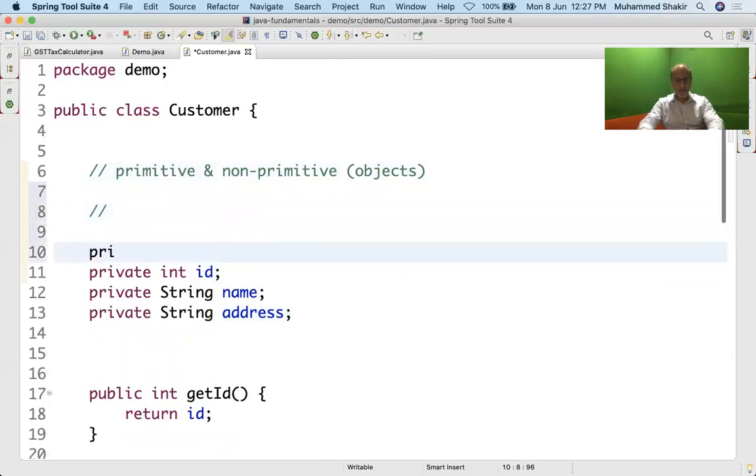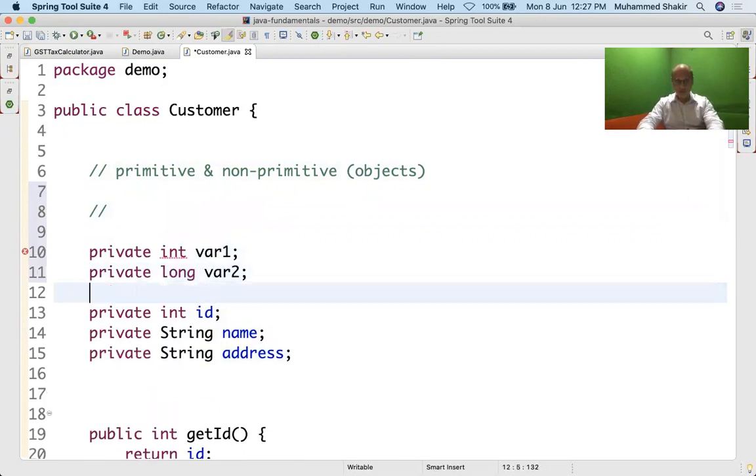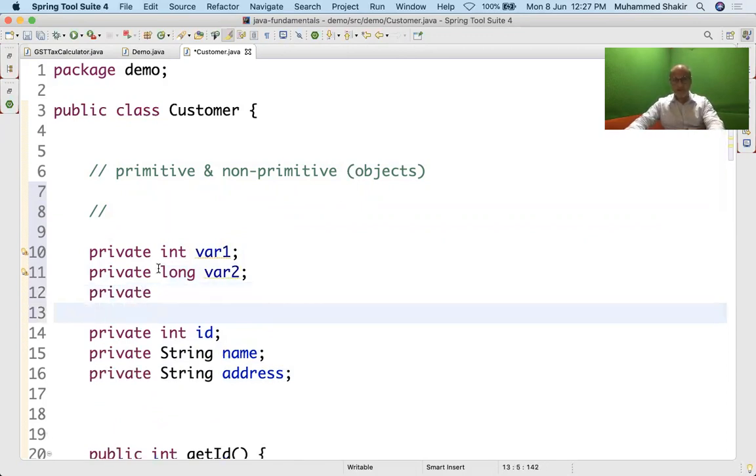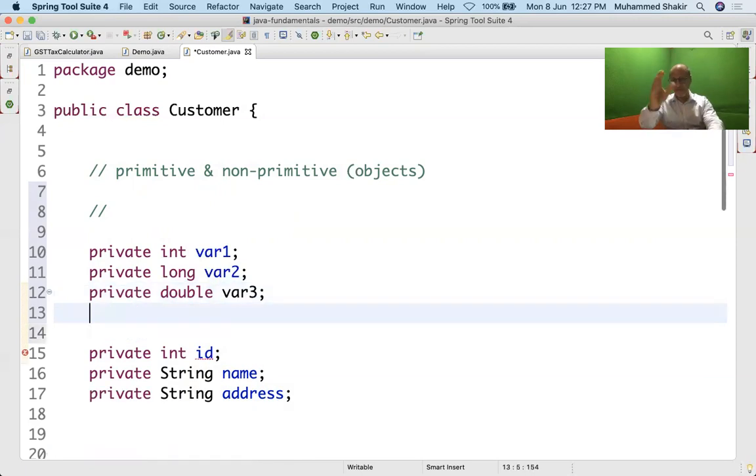I can have private int variable 1. I can say private long variable 2. See, all of these data types are starting with lowercase. They are all primitive types. Whenever you see a data type with lowercase, needless to say, it's a primitive type. Then private double variable 3. I'm just defining dummy variables here.